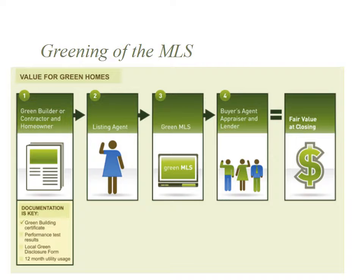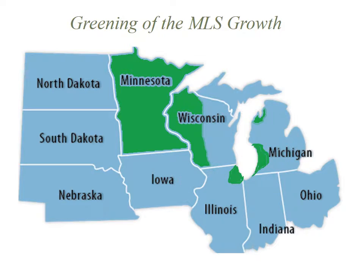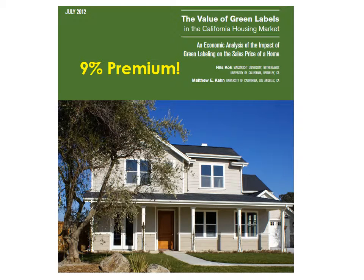value from the realtor standpoint, is something that is progressing across Minnesota, half of Wisconsin, Traverse City and Chicago have had a green MLS, and now West Michigan. This multiple listing service is in Colorado, Florida, and is expanding to include fields that identify green attributes and certifications. As you know, in certain parts of the country, there are premiums for certified homes, and sometimes they sell much faster and stay on the market